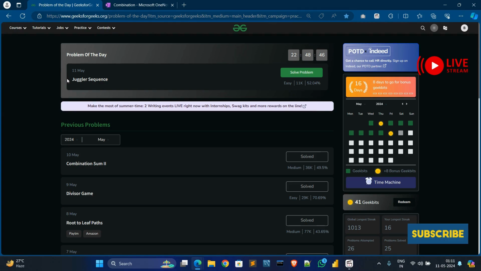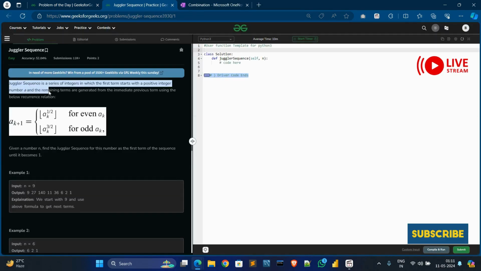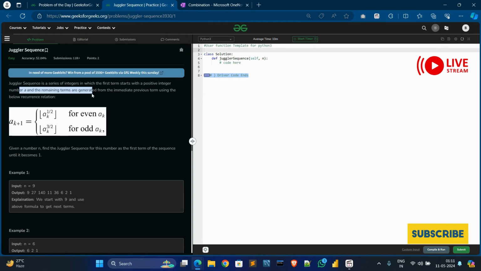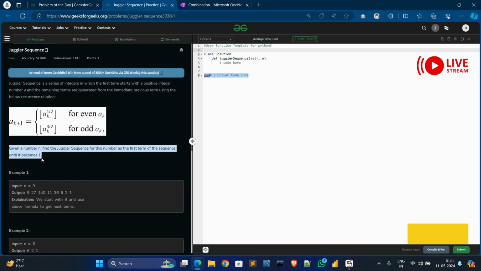In today's video, we'll solve the Juggler Sequence problem. A Juggler Sequence is a series of integers in which the first term starts with a positive integer, and the remaining terms are generated from the immediate previous term using the below recursion relation. Now, given a number n, find the Juggler sequence with that number as the first term